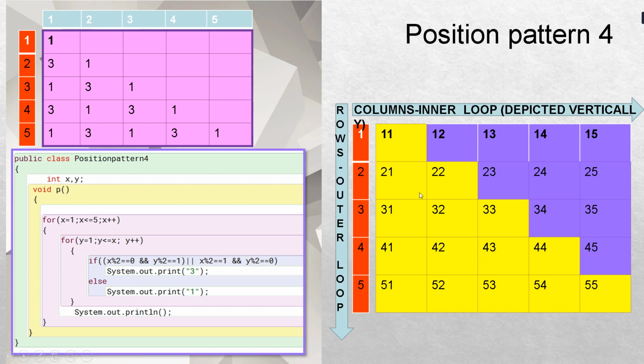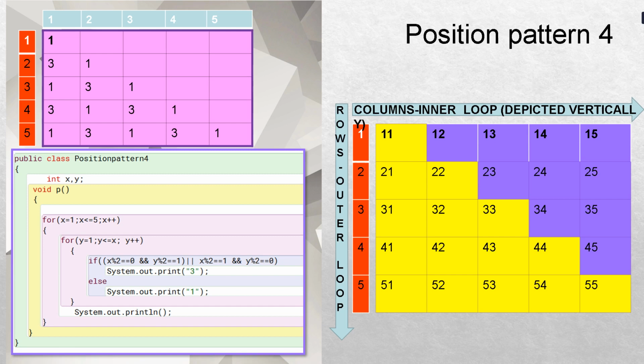So for this kind of arrangement I need to trap x percentage 2. So x is even in this case, and y is odd. When both conditions are true, I need to print 3. Or if this is not the case, then where do I need to print 3? When x percentage 2 is equal to 1 and y percentage 2 is equal to 0.